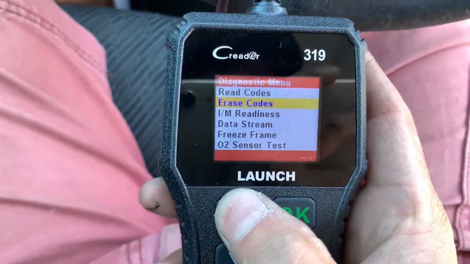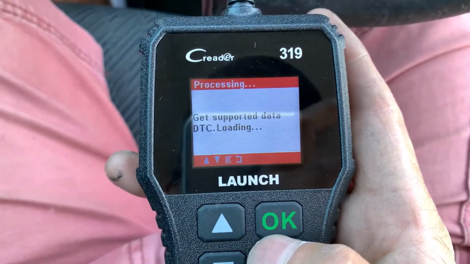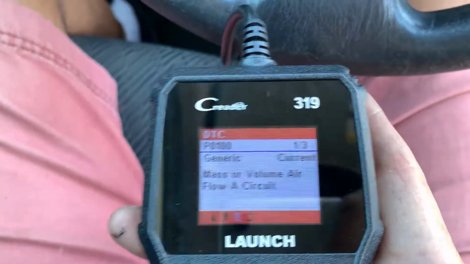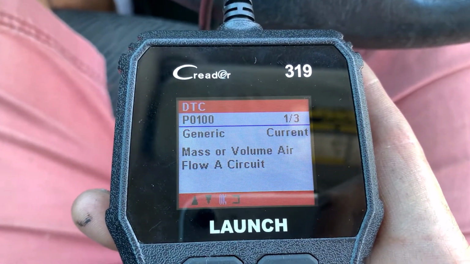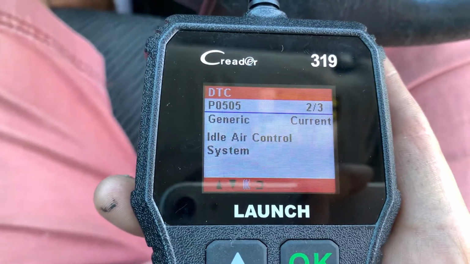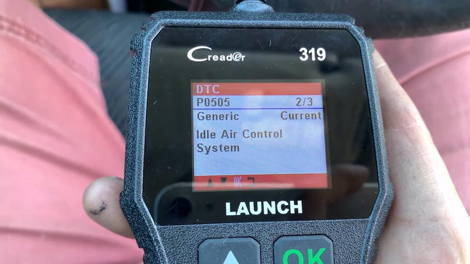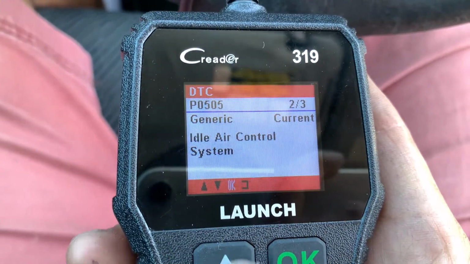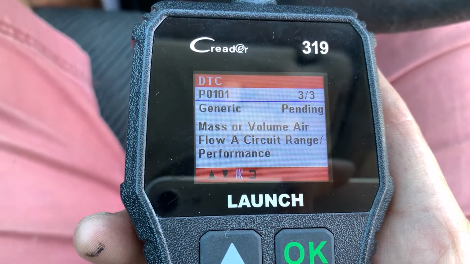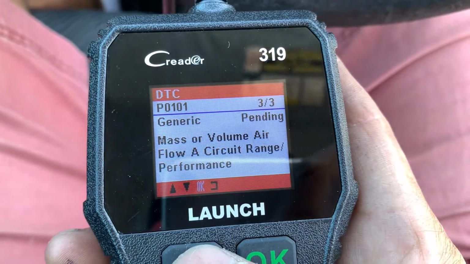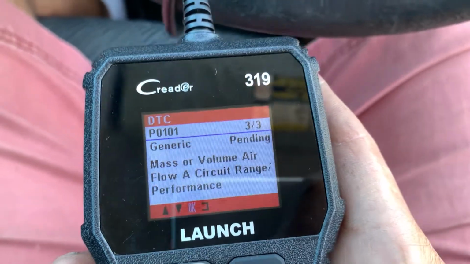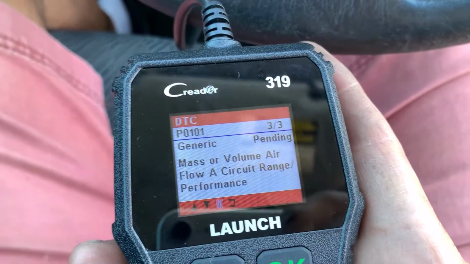But right now it's idle. P0100, okay. It's still P0100, and the idle air is not working. P0101, the same symptom, huh? I don't know. I thought the fuse solved the problem, but